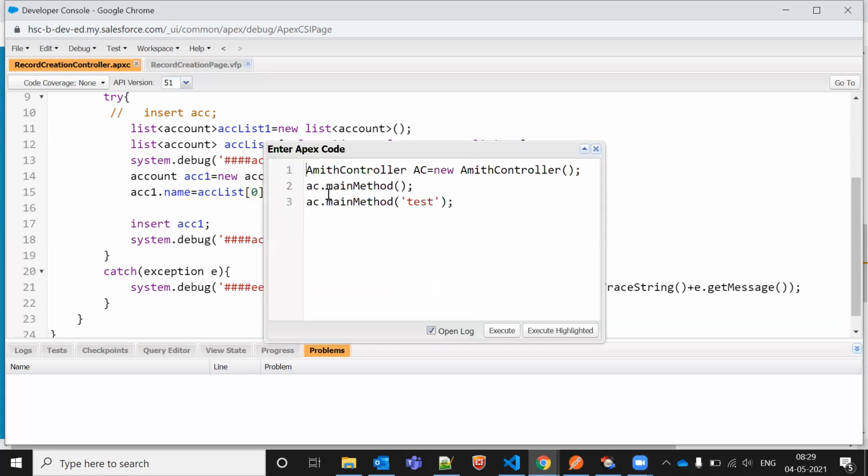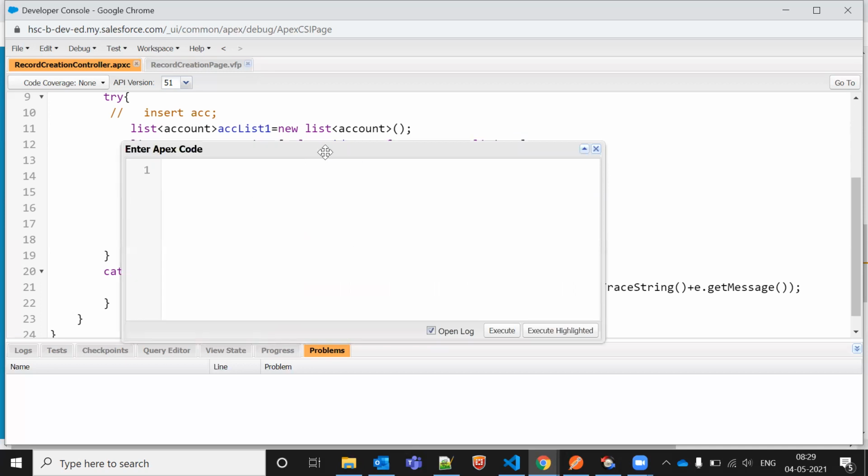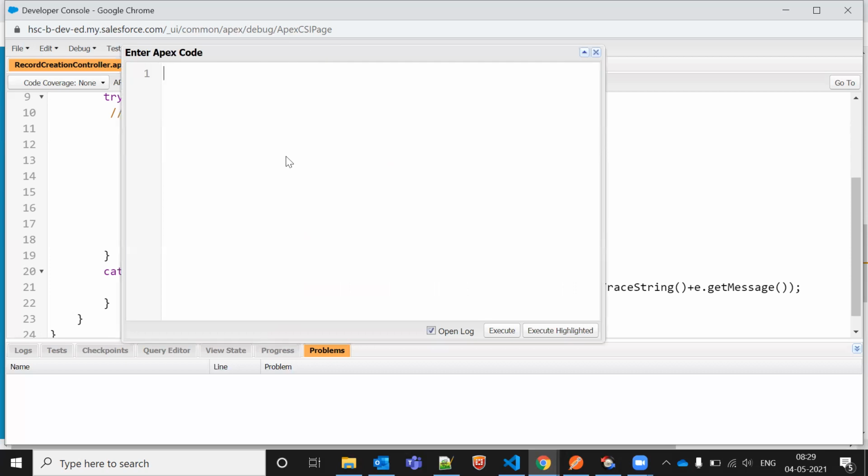Let me tell you what the main work of indexing is. Let's say a list of account, list of contact, or any records here. List is equal to select Id, Name from Contact.